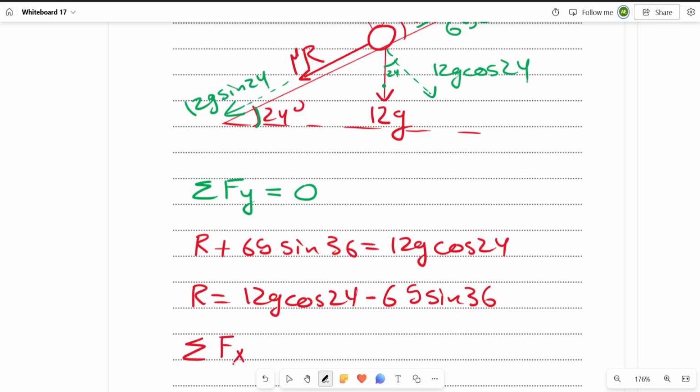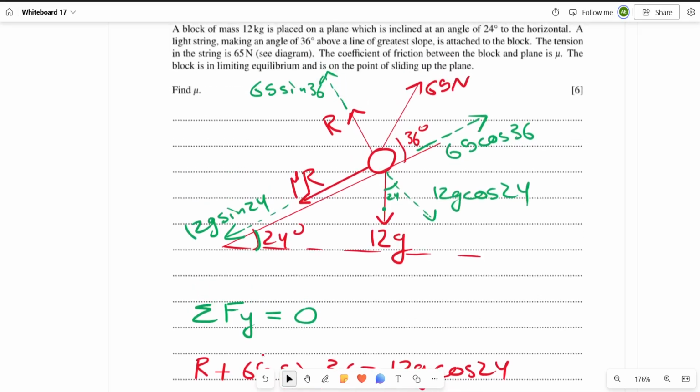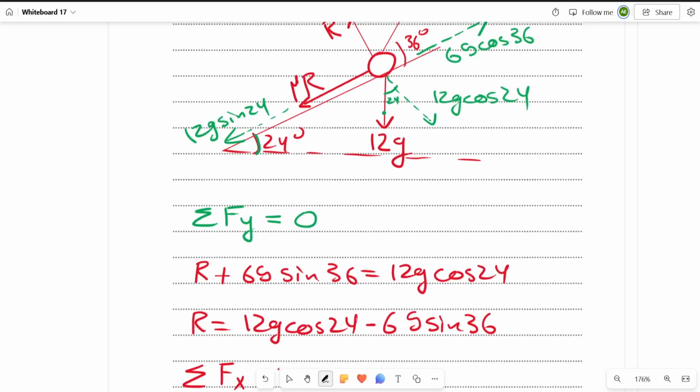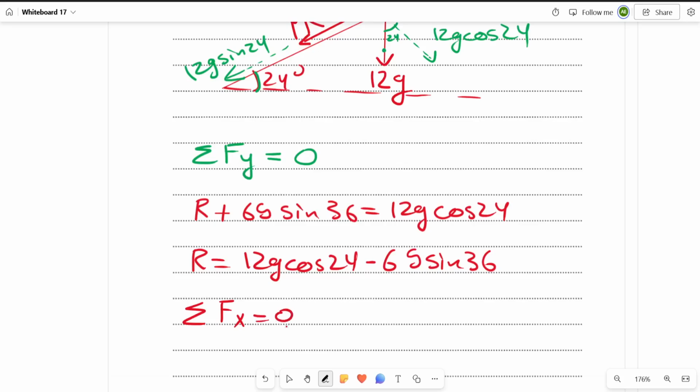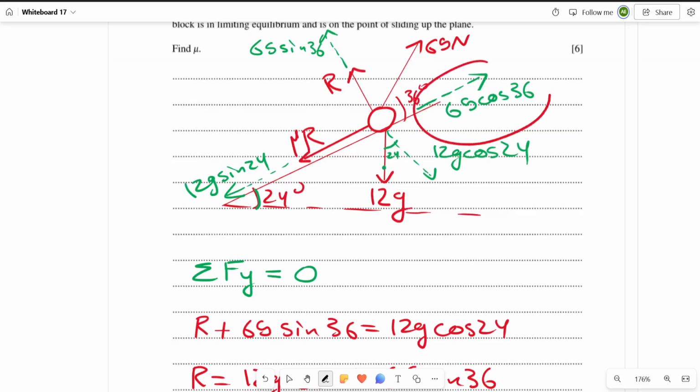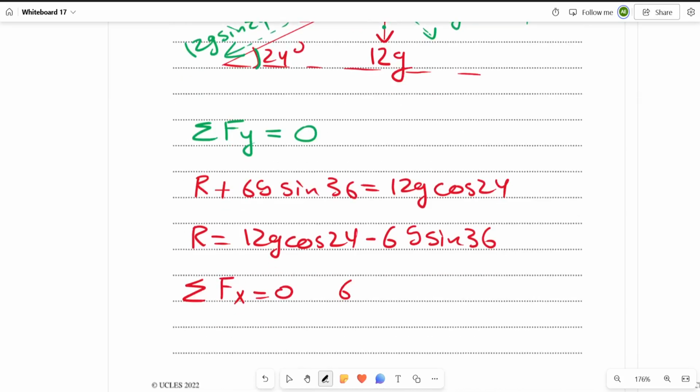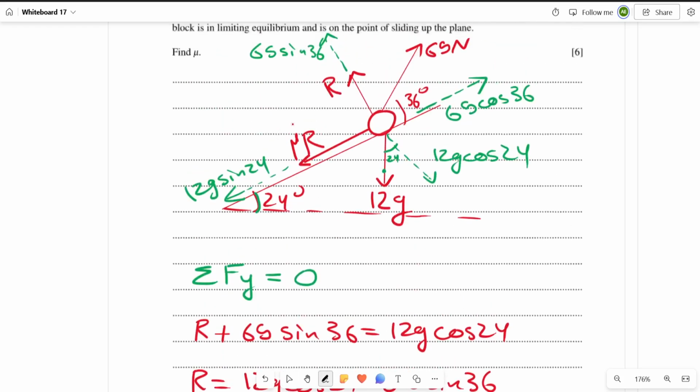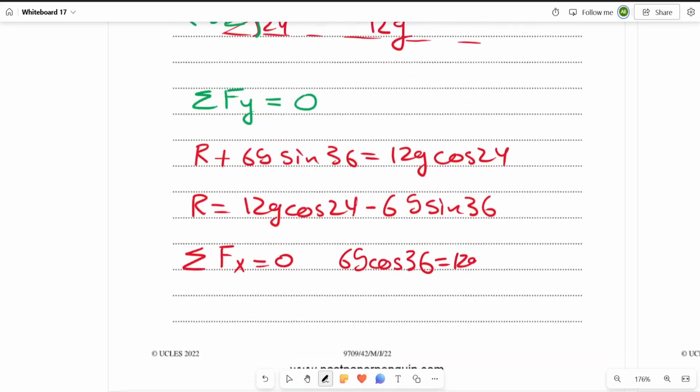Let's now look at the x. Here, you need to be careful. It could either be sigma F equals ma or sigma F equals 0. Here, since we're in equilibrium, sigma F equals 0. So forces in opposite directions balance. This force, which is up the plane, is going to balance the combination of these two forces. So I'm going to have 65 cosine 36 balancing the combination of those two forces, which is 12g sine 24